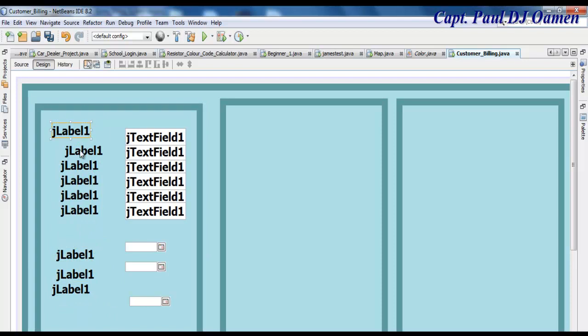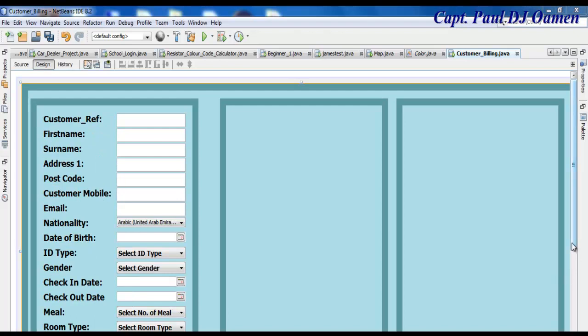Alright, this one is going to be customer's reference. Now double click, change that to customer ref. This is going to be first name, and surname. Okay, I'm going to have to speed that up and get back to you guys shortly. Okay guys, this is how it looks right now. So what I'm going to do is